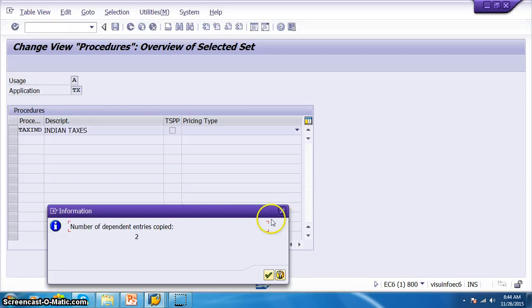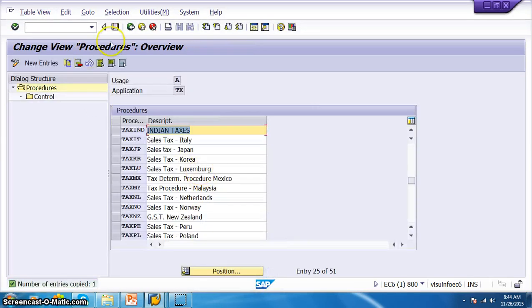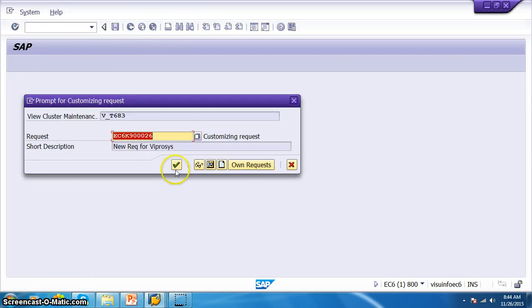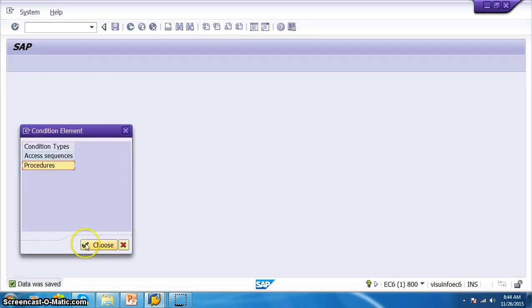Copy all, say OK. Once the number of entries are copied, 1, this has been done. Yes, save changes. Okay, data was saved.